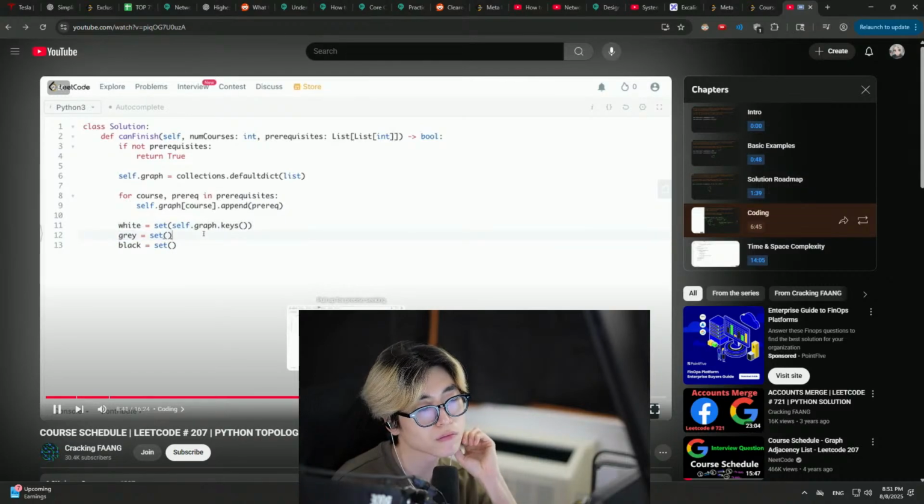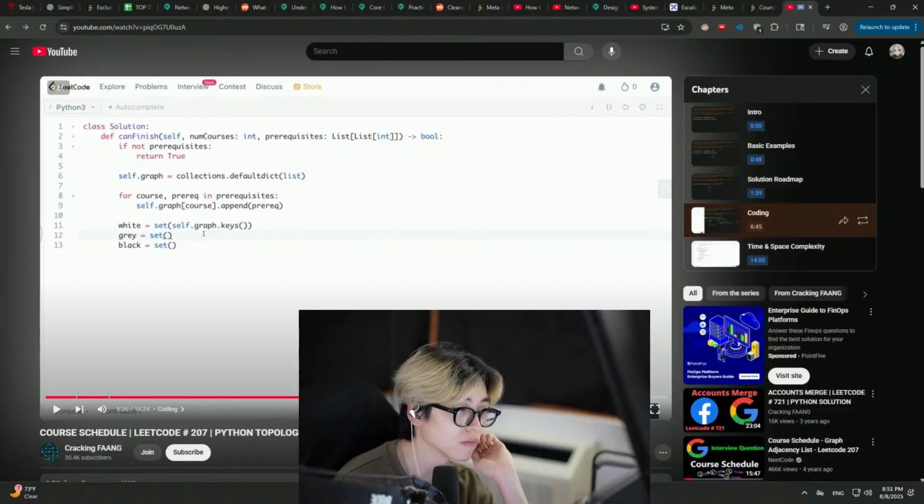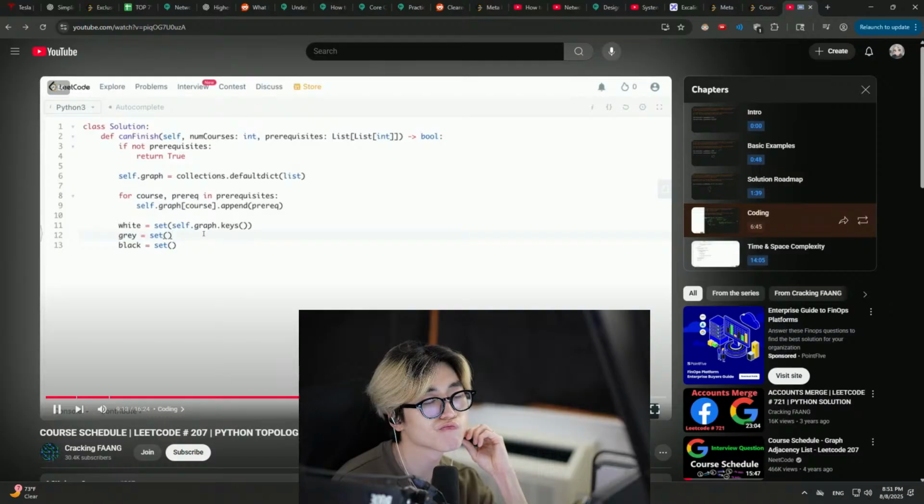Remember that in this depth first search, we get to a node and then we want to fully explore its children. Now, what happens when somewhere along the dependency chain of its children, you actually end up at the node that you started your search from? That would indicate a cycle, and this is what the gray set aims to prevent. When we're processing a node, we're going to put it in the gray set, and if somehow down the line in the DFS we actually end up at that node again, then that means that we have a cycle, and therefore we simply exit out because this problem is not solvable. The black set is going to represent all of the nodes that we have fully visited,